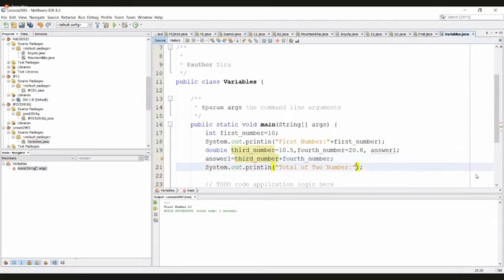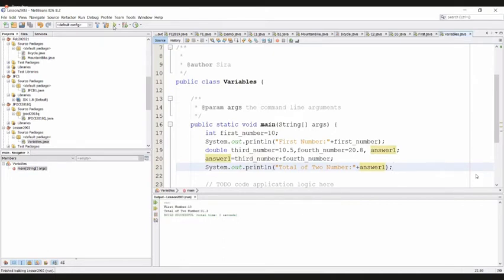Then to get the total, I can use that variable answer 1. Right, save the program, then run the program.